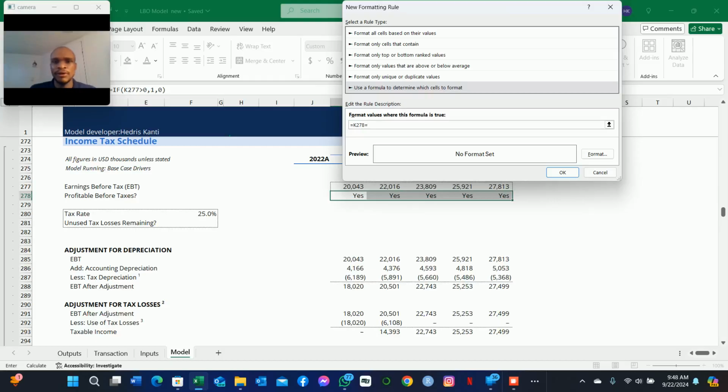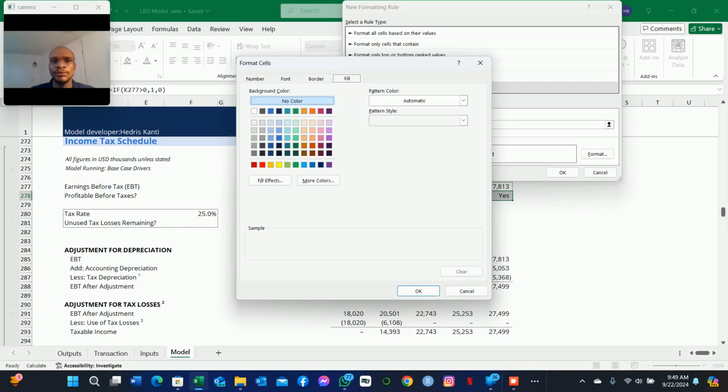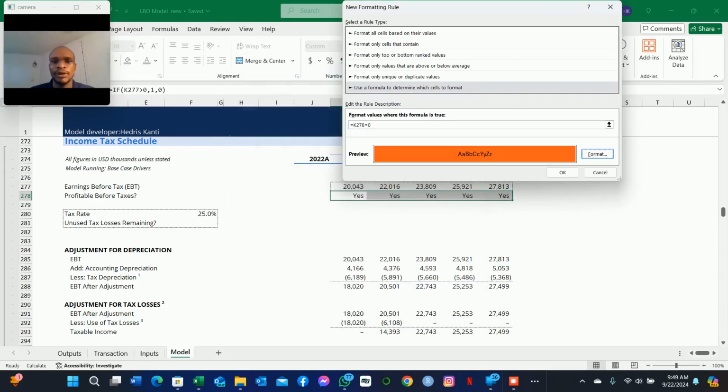So if it's equal to 0, but it's a no, then we want it to actually produce for us here a color. So we have to set it up. In order to set it up, we will just go here with format, and we use a color which we prefer. We just use take orange, and then we can close it,